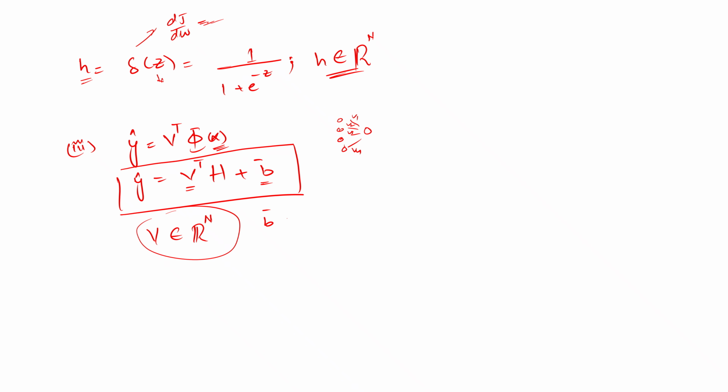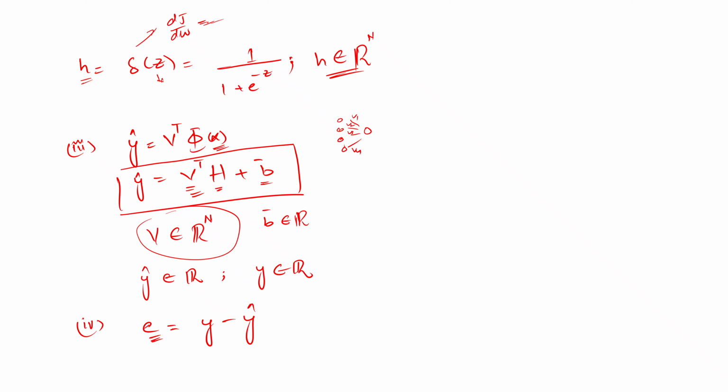This is actually a constant. It will be just a real number in this case, because when we multiply V transpose into H, this will also be a scalar number, right? So y hat will be scalar, and this is actually what we need because we have one output, which was also a real number. So after that, the next step is to derive the error y minus y hat,